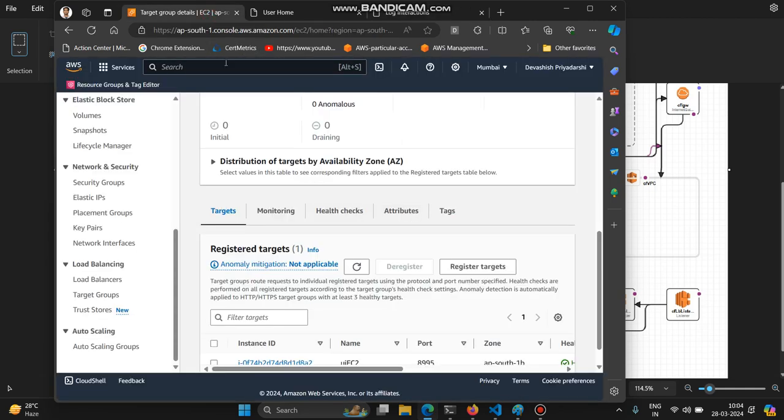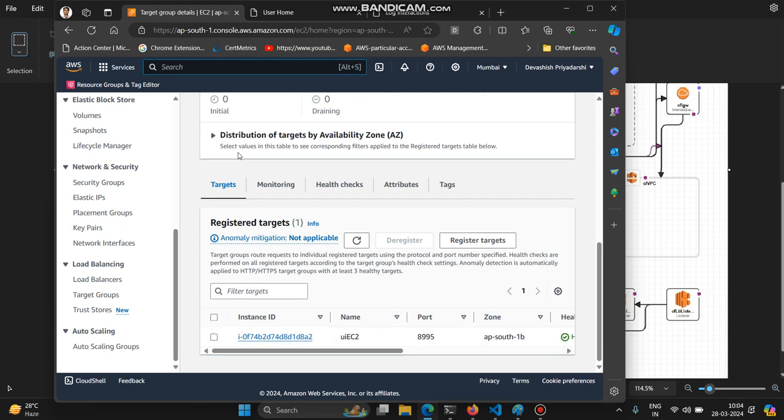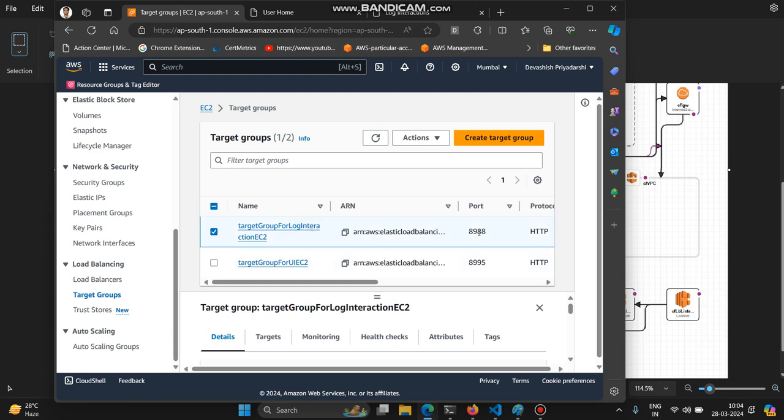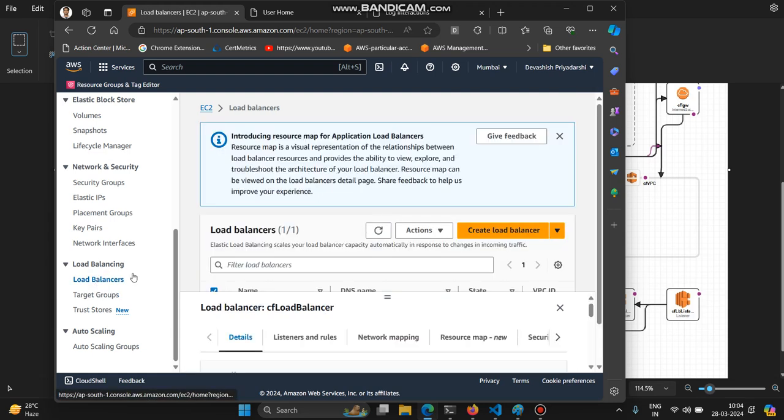So that's it for this one. I'll delete the CloudFormation template, and these are target groups. Load balancer I already showed. These are the 2. One target group is pointing to the UI instance at port 8995. Another is the EC2 instance at port 8988. And our load balancer is this one,